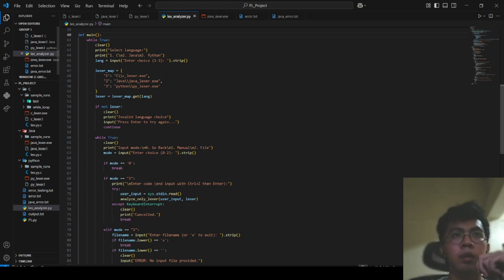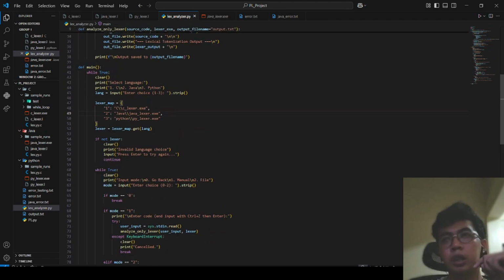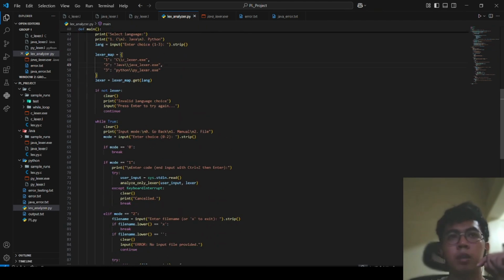We have here the first stage, phase 1, selecting a language, and then if they select a language, the program will fetch the location of those executables.